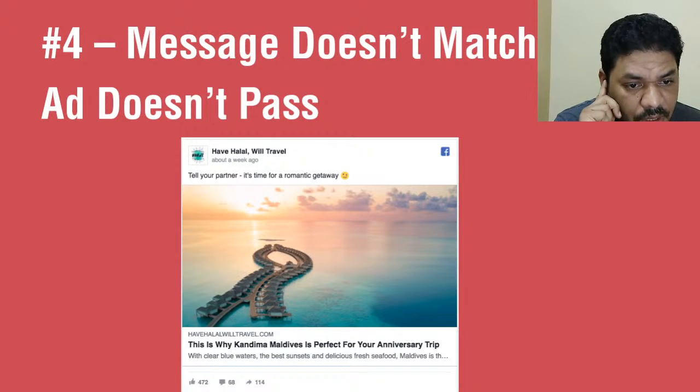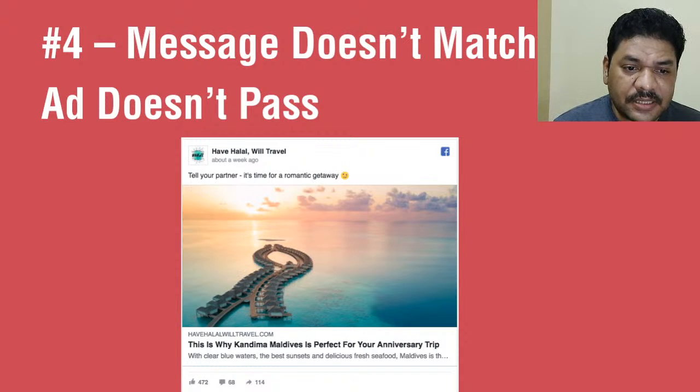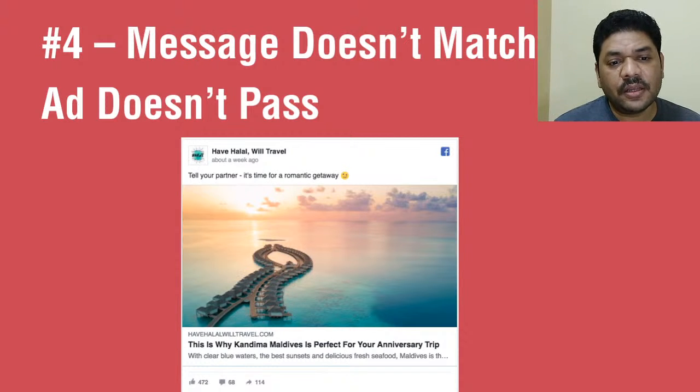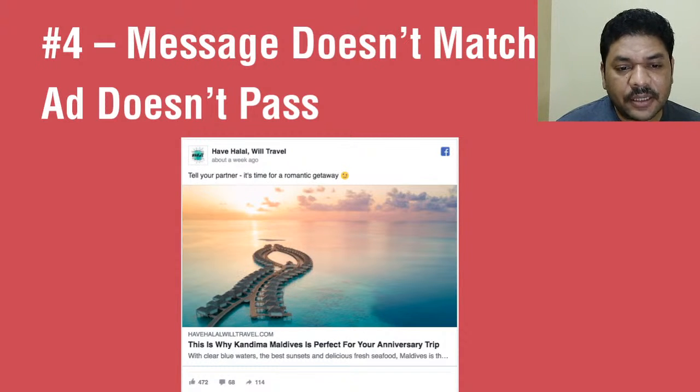It says, tell your parents it's time for a romantic date, and the image, I think, is a beachside villa, a romantic getaway. Tell your parents it's time for a romantic getaway. This is why the Maldives is perfect for your university trip.